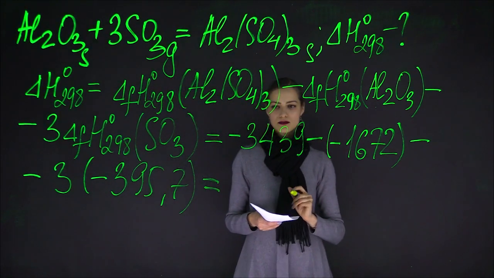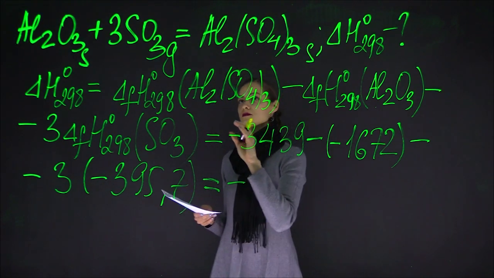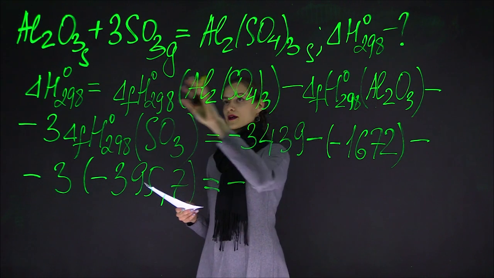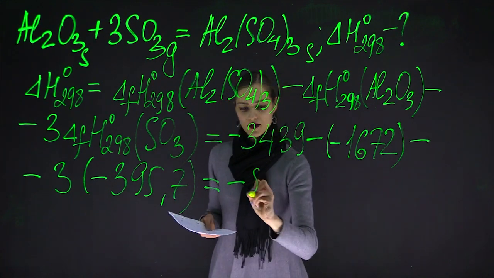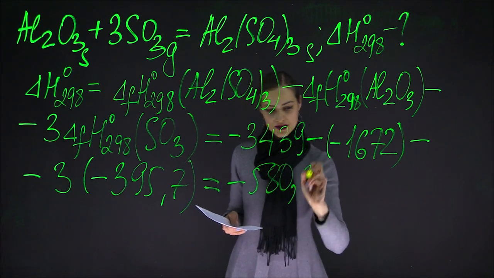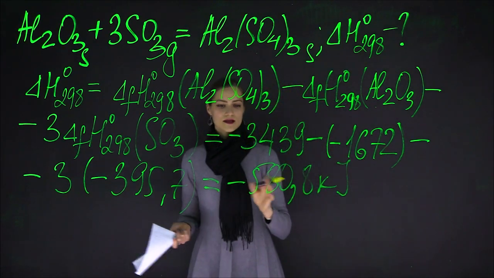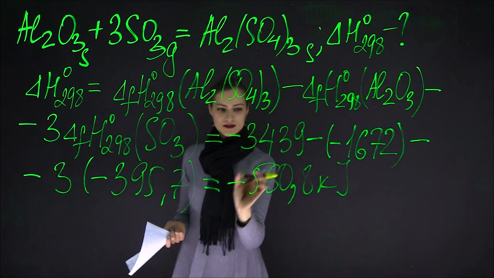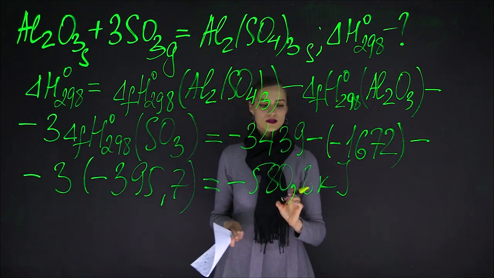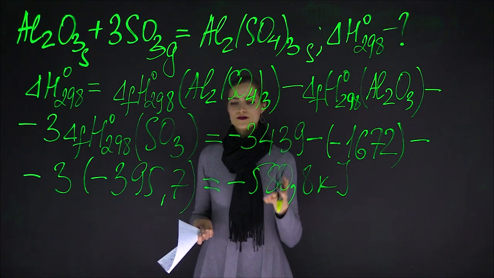And in our calculations, we have the standard heat of this reaction minus 580.8 kilojoules. And as you see, of course, we have minus 588 kilojoules, so we can say that here we have an exothermic reaction,